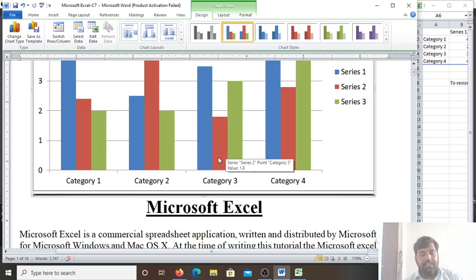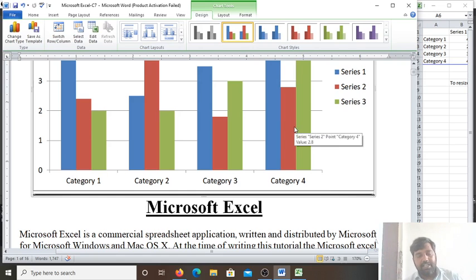Next is the legend. Legend gives the colors, patterns or symbols. These are the series 1, series 2. What these bars, what this data series represents, that is called the legend. So legend depicts the colors, patterns or symbols assigned to the data series. So what pattern, what symbols this assigns, that information is given by the legend. Here we write that this represents the name of the student, the height of the student, or the marks of the student. So it helps to differentiate the data.